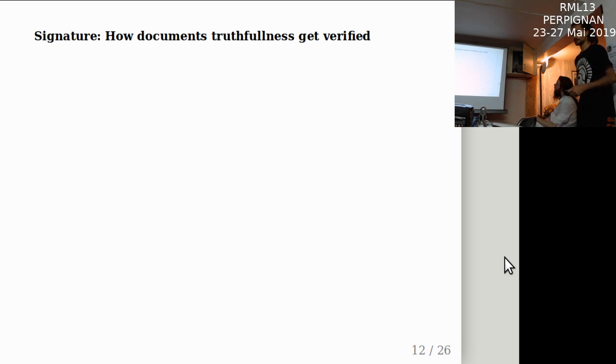Now we're going to talk about the signatures. Why do we have signatures in a cryptocurrency? What is this for? How do we ensure that someone is not using your sources, or sending a transaction or certification with your account?